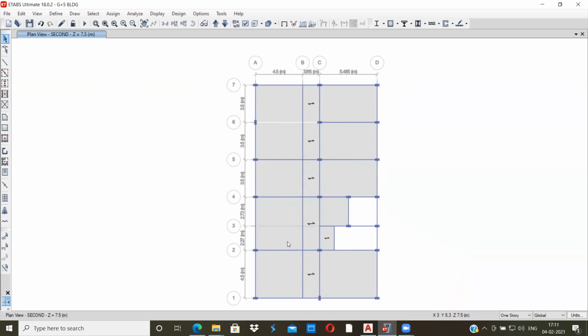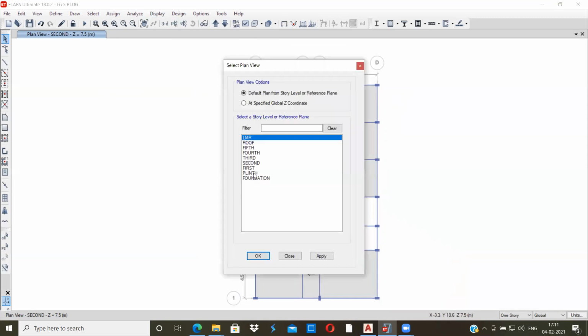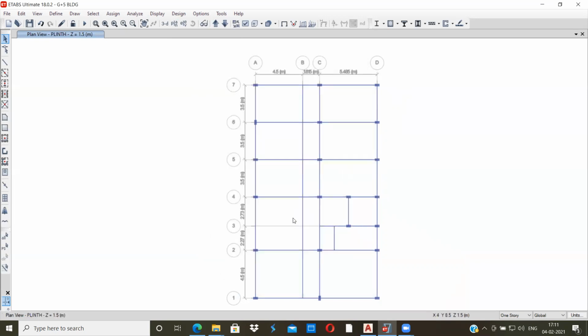So to model the staircase, what I'll do is I'll go to the plinth. Okay, I'll select only this part, only this part. Okay, before selecting that, I'll do one thing. I'll just select it as all story, so that I'll consider only this portion where the staircase will come.